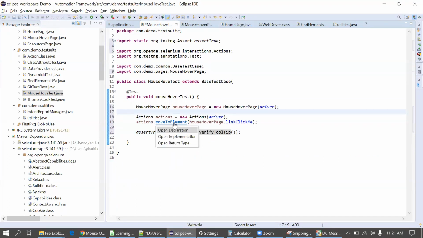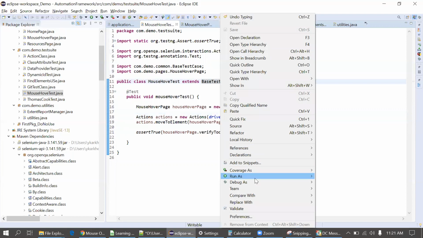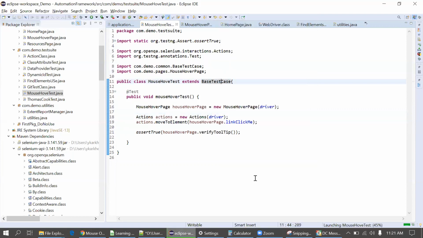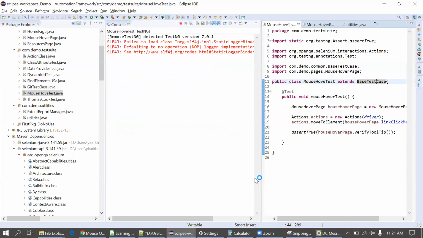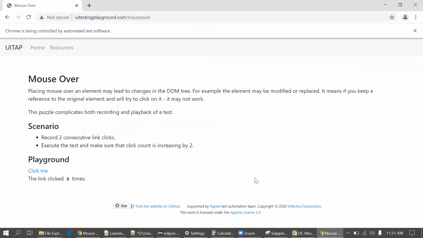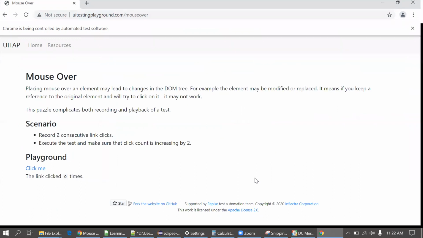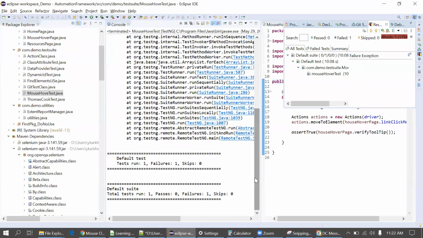Now I'll execute the code. Just let me check the code. Move to element, then the object. Okay, fine. Execute the code, and you can observe. Directly to that mouse over page, it should hover the mouse on the Click Me. It's not doing that.